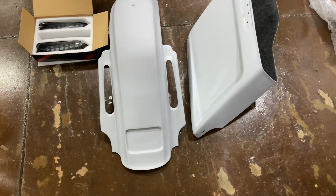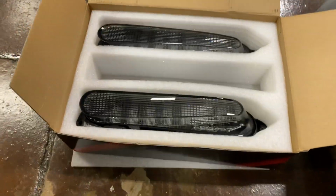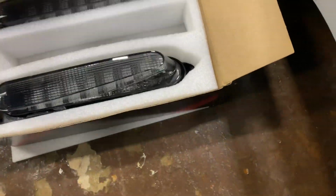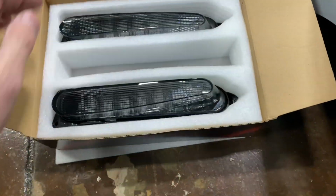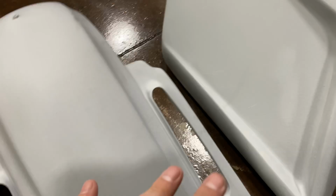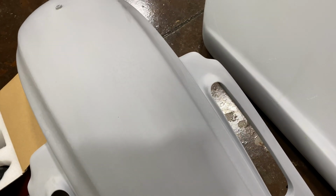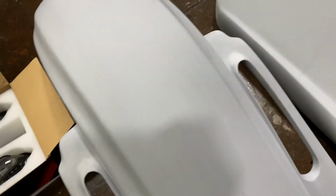All right, guys, we got the ass end kit here from Top Shop. It's a CVO mimic rear fender. Did their new CVO smoke lights, which are way brighter than the actual factory lights. And then on the bag, these are called the Venom, so they're just a clean little dish in the side, and you see in the rear they're a little bit longer than factory. The new 17, 18 and up that did the stretch right here,